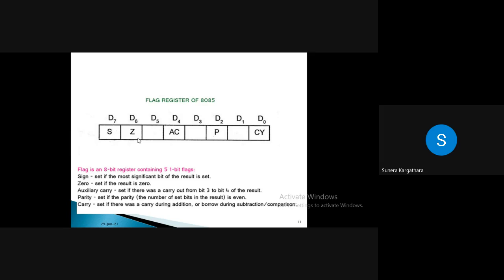Yes, ma'am. Okay. The last bit of the flag register is D7. The D7 bit is the sign bit. Now, whenever you are dealing with signed numbers, what is a signed number and what is an unsigned number? I think you must have studied it in digital electronics. Generally, a signed number means that if you have 8-bit data, the magnitude, your value, is included in D0 to D6 and the last bit is for the sign.